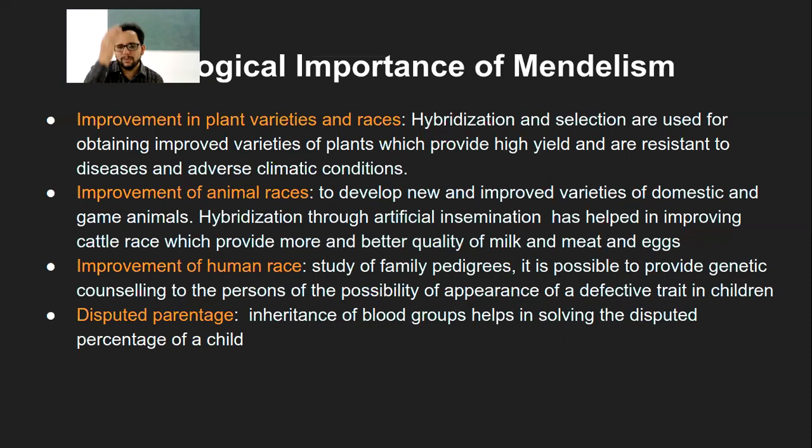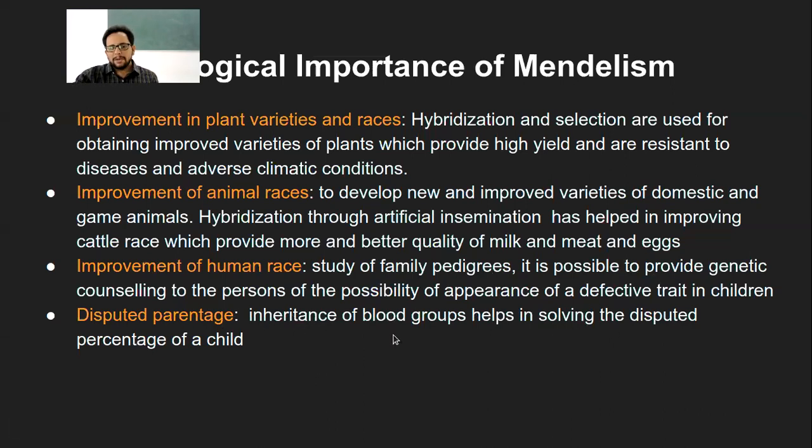How do we know this? Through the pedigree chart. If we plot that graph, like XY and XC, with both X chromosomes color blind, then in the next generation, whatever the case, daughter or son, they will always be carriers. So that way this will go on. That is how we can think of improving the human race, by genetic counseling using the family pedigree chart.